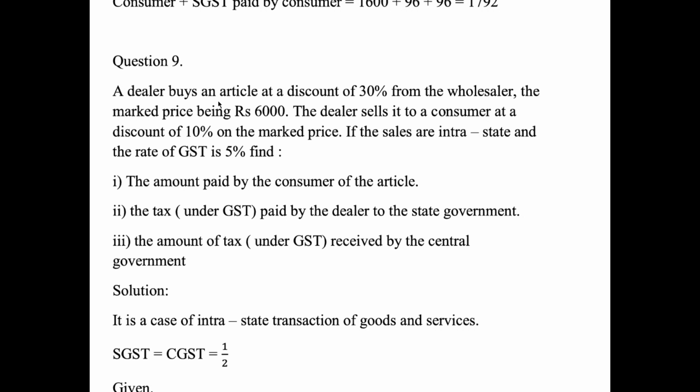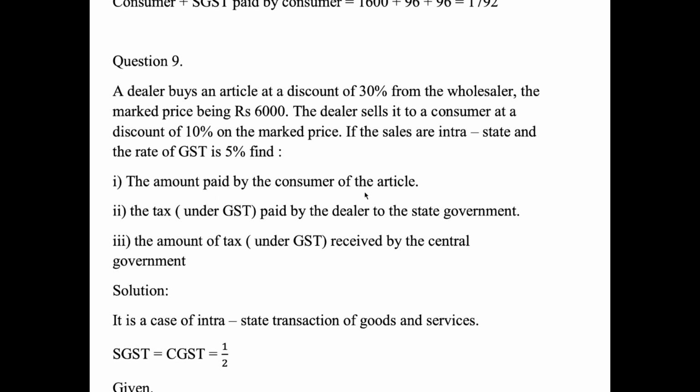A dealer buys an article at a discount of 30% from the wholesaler, the marked price being rupees 6,000. The dealer sells it to a consumer at a discount of 10% on the marked price. If the sales are interstate and the rate of GST is 5%, then find question number 1, the amount paid